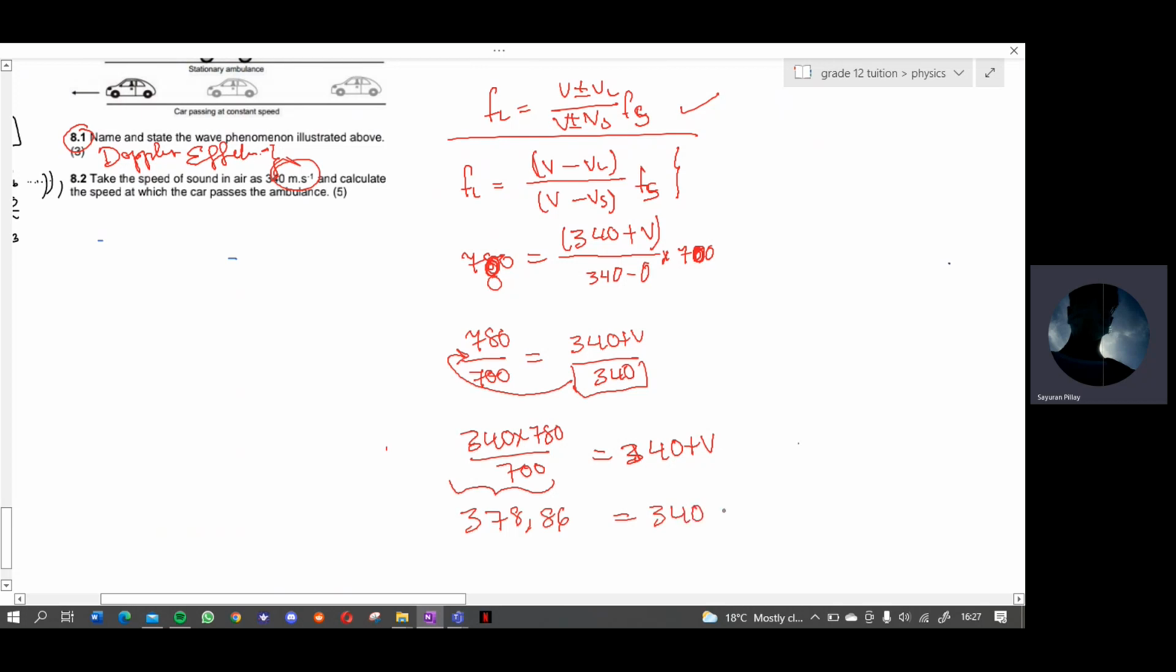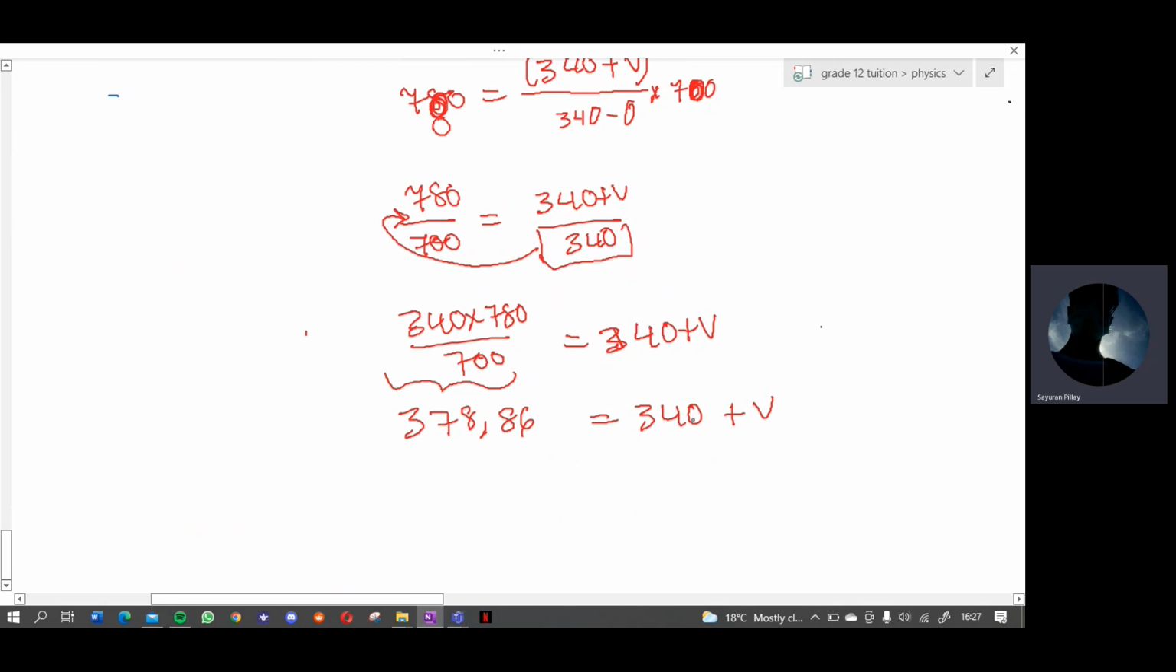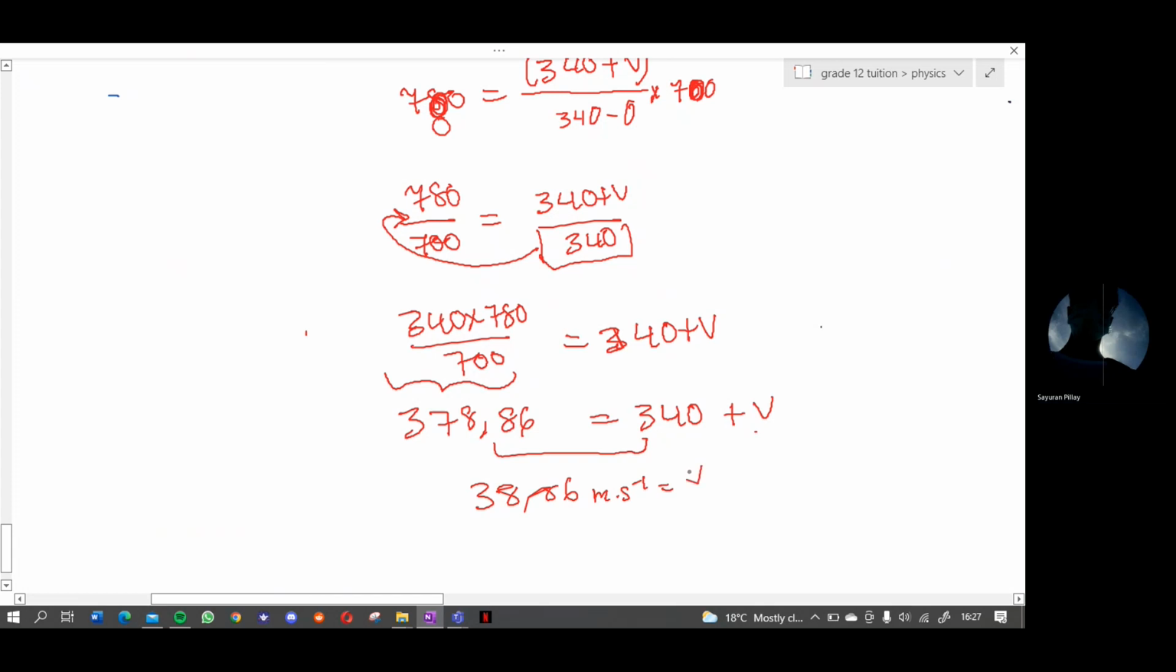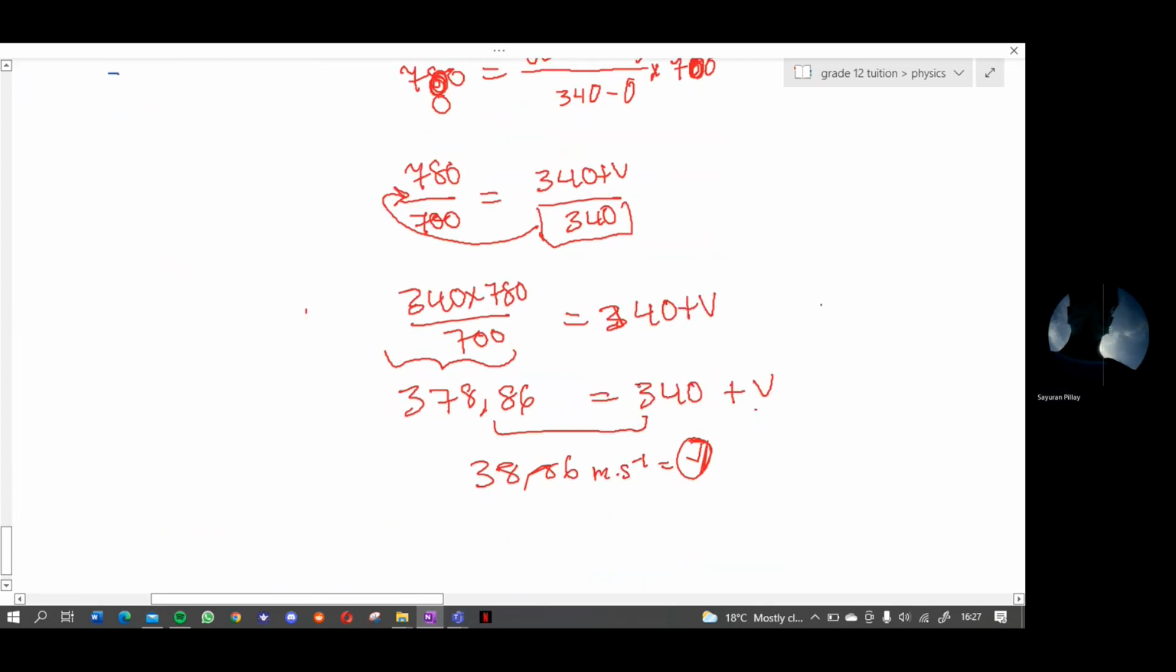Now look at it, you don't need to be a rocket scientist or a paleontologist or a plastic surgeon or a gynecologist to understand that V is just going to be the difference between these two numbers, which incidentally is just 38.86 meters per second, right? Yeah, so that's V. That's how fast the car is moving. That's valid. That's very valid. The direction here is toward